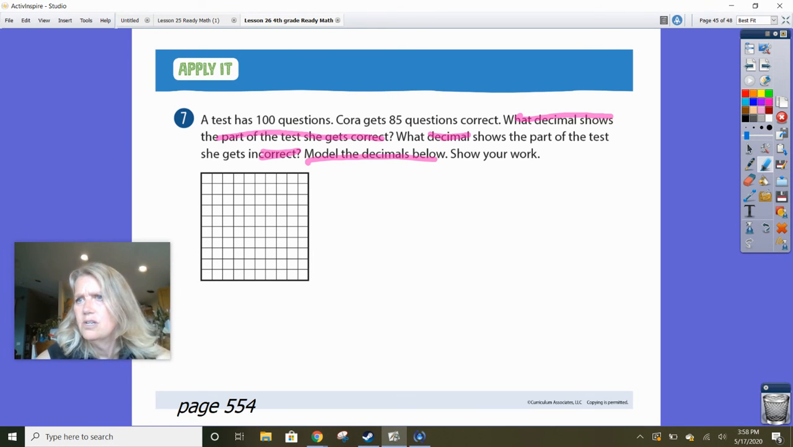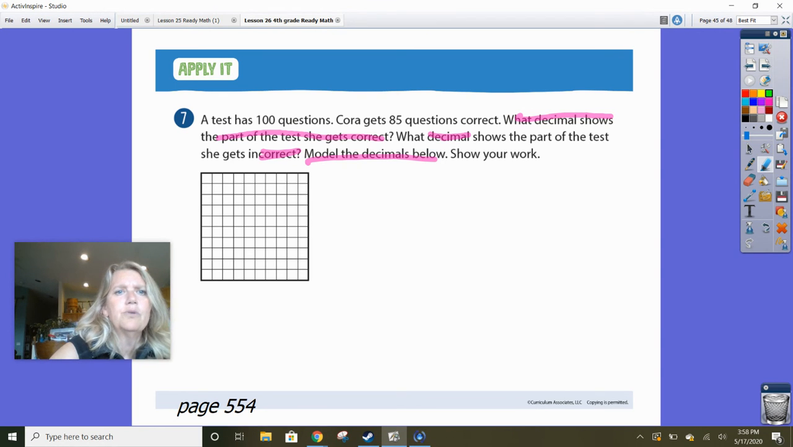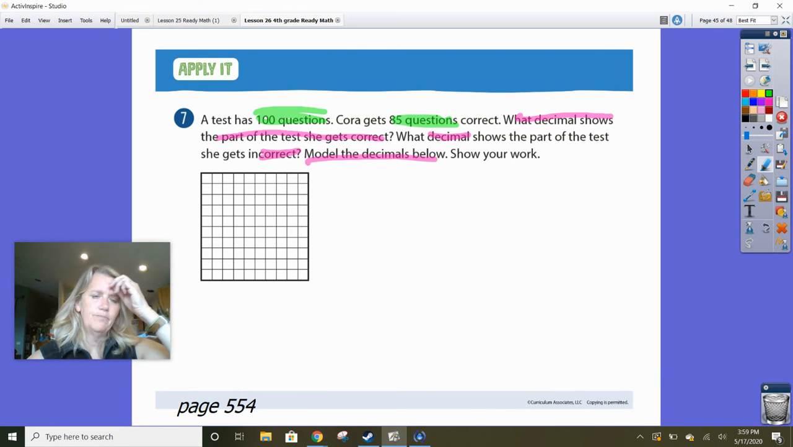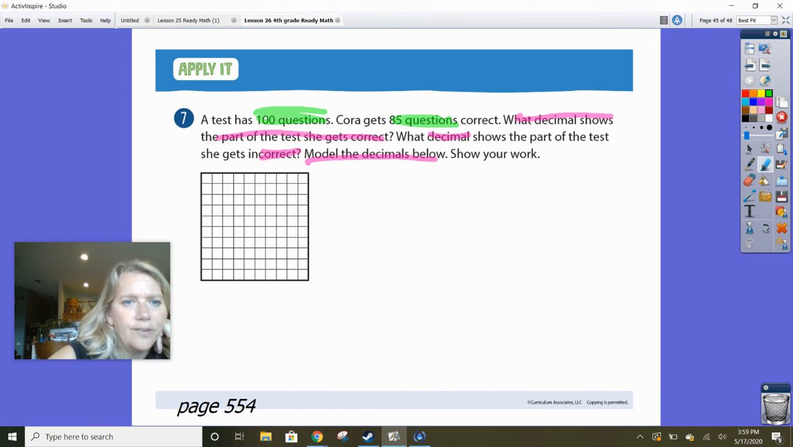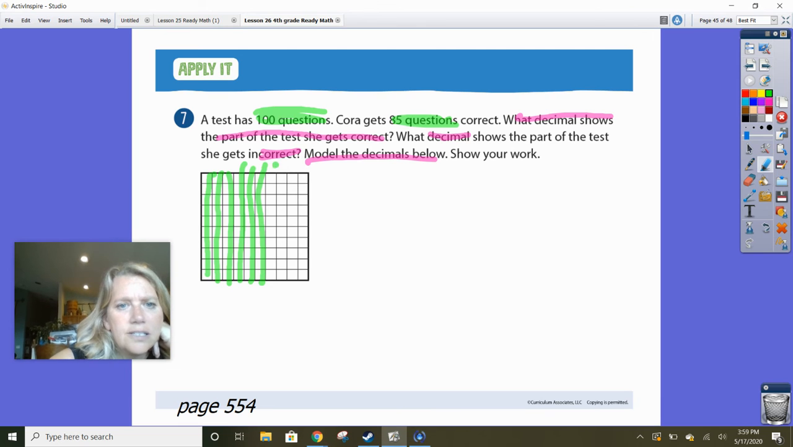All right. Let's see. Let's make correct green. Show your work. So we need 2 decimals. What are the important numbers? Well, we got 100 questions, and she has 85 right. Okay, so here's our hundreds chart for the one. Each square represents a question. 85 right is going to be pretty much a lot of it filled in, right? There's 10, 20, 30, 40, 50, 60, 70, 80, and then to do 5, I'm going to have to do